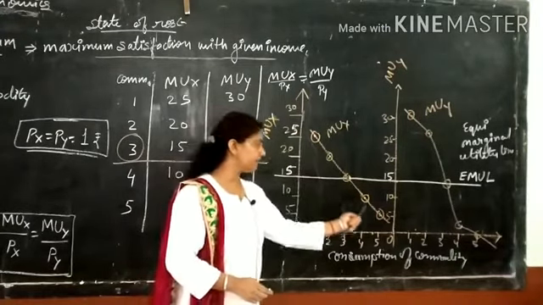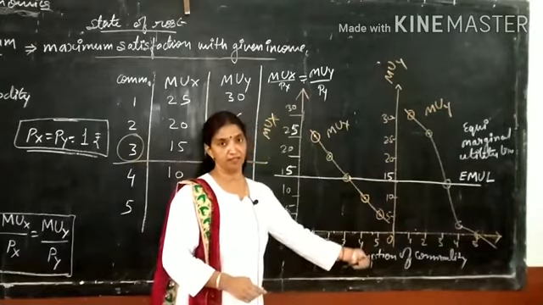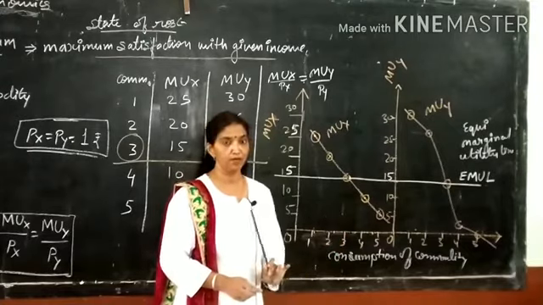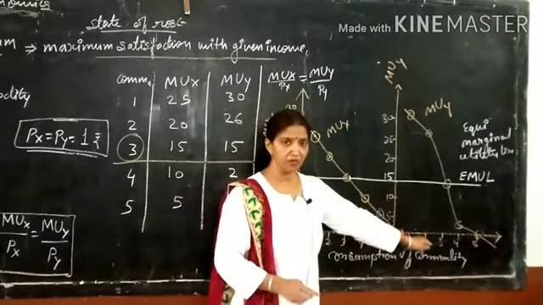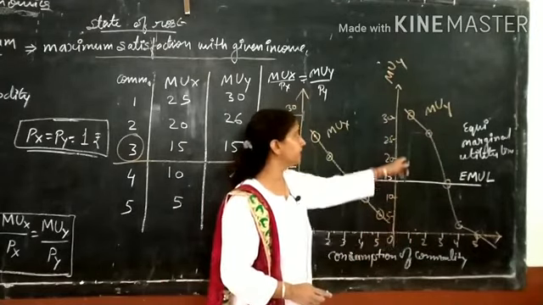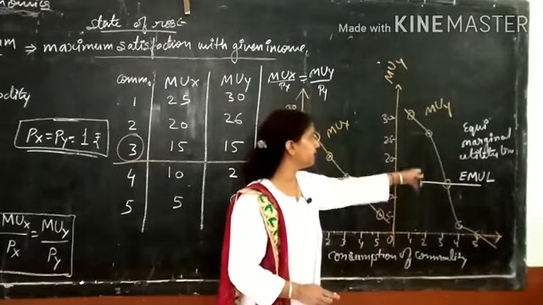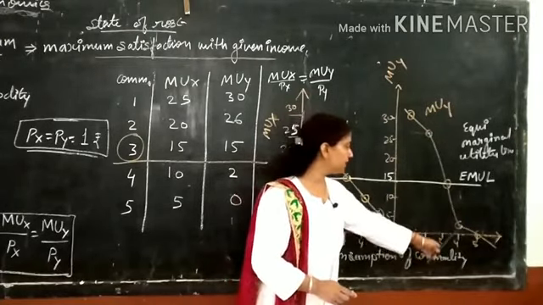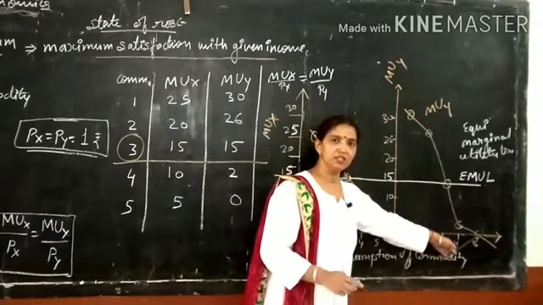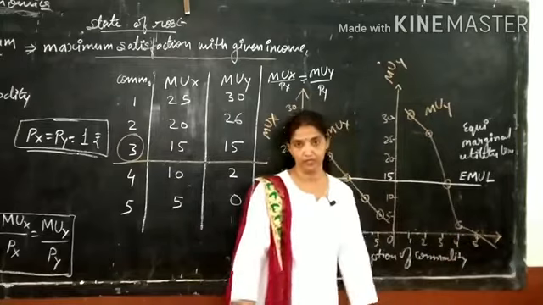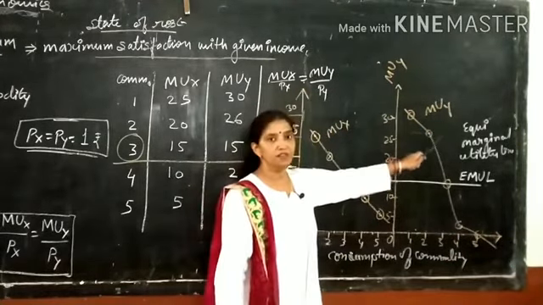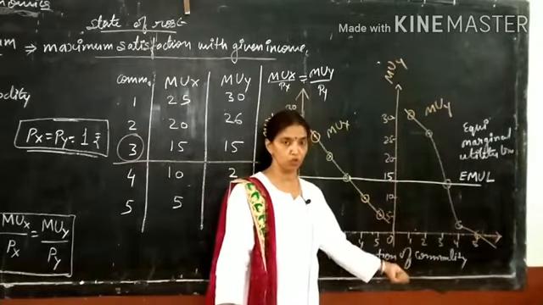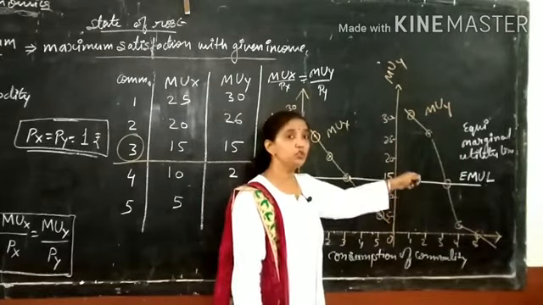The marginal utility is diminishing as consumption is increasing. This is our law of diminishing marginal utility, which was given by Gossen. Next, for commodity Y, the first consumption gives 30 utils, the second gives 26 utils, the third gives 15 utils, the fourth gives 2 utils, and the last gives 0 marginal utility. Here the curve for the marginal utility of Y is a zigzag line. The graph can be in this form also, but it should be declining.